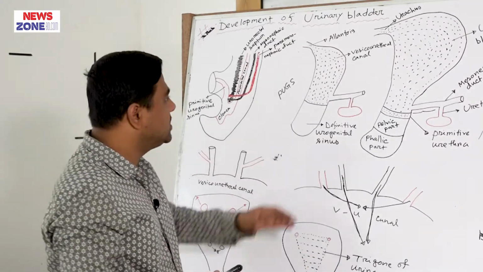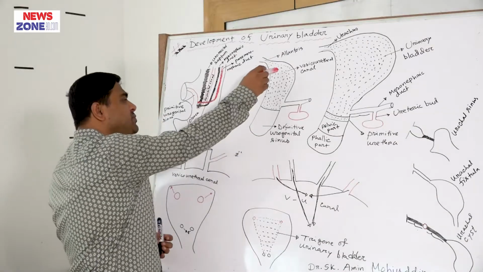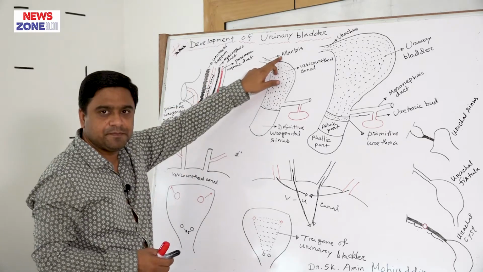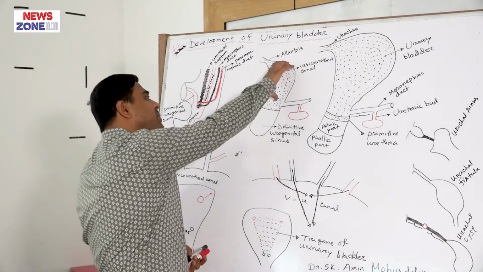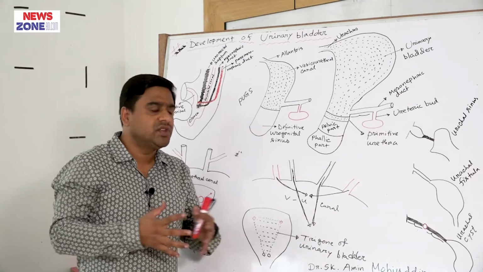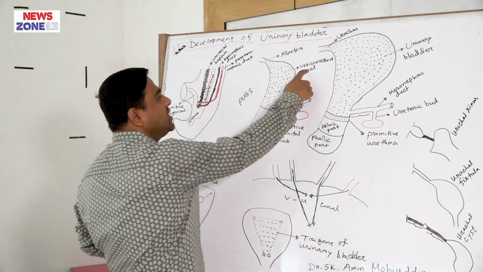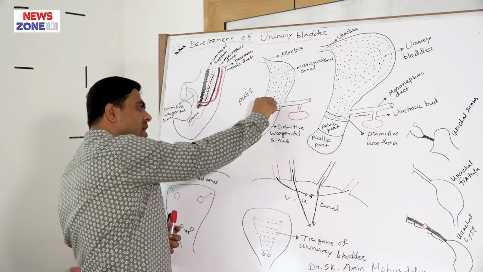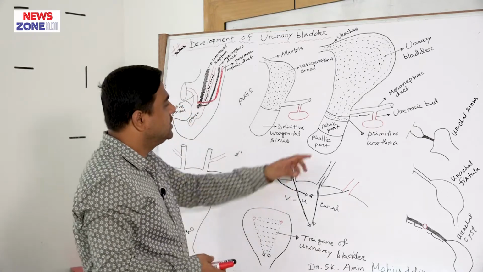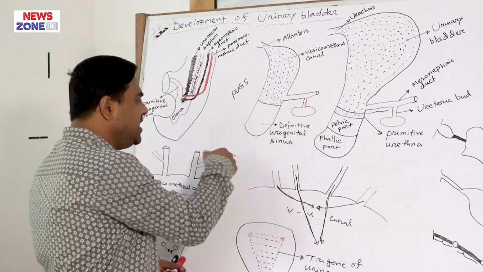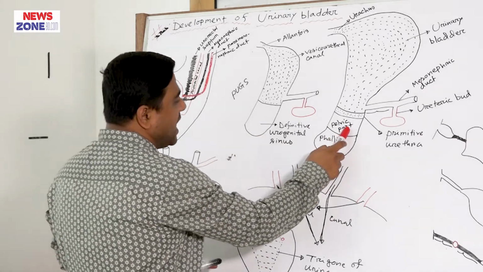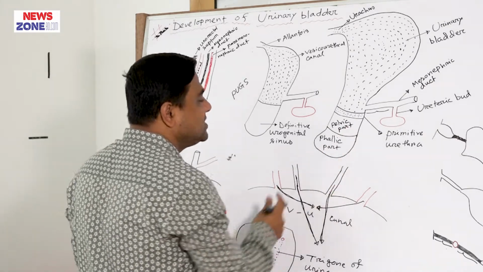Today, we are more concentrating on the vesicourethral canal. This vesicourethral canal is connected with the umbilicus by the allantois. But later, the upper portion of the vesicourethral canal grows at a faster rate and enlarges very rapidly, and ultimately forms the urinary bladder. But the lower part of the vesicourethral canal remains constricted or narrowed, and forms the primitive urethra. And later the definitive urogenital sinus is again divided into two parts. The upper part is known as the pelvic part and the lower part is known as the phallic part,